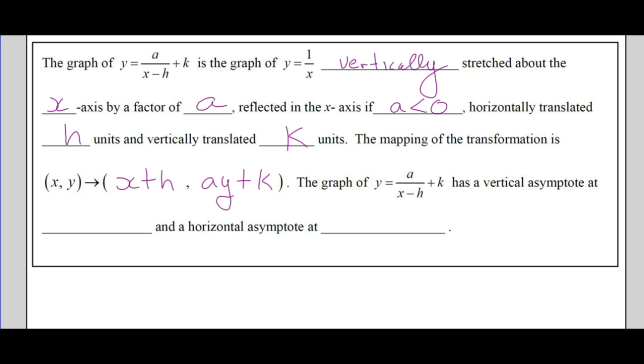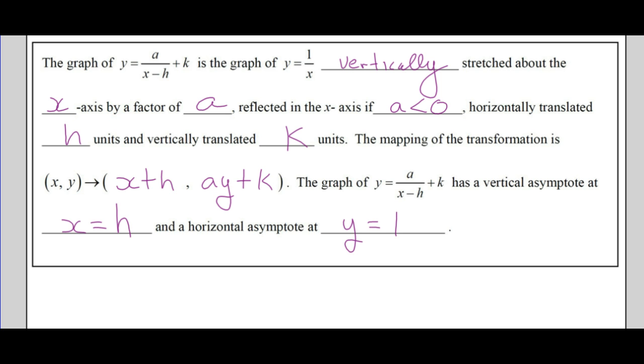The graph of y equals a over x minus h plus k has a vertical asymptote at x equals... vertical, so it's an x equal. What does x equal? I'm going with h because the x and the h, they kind of go together. It's like, what makes this 0 if x is equal to h? So there will be a vertical asymptote if x is equal to h, and a horizontal asymptote at y